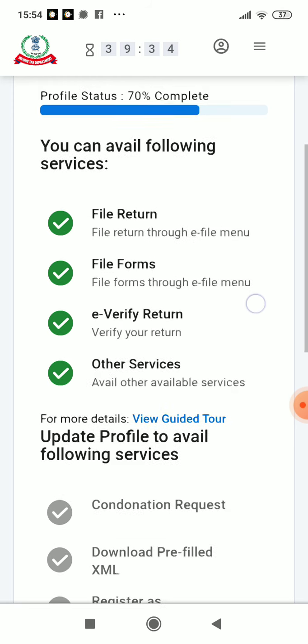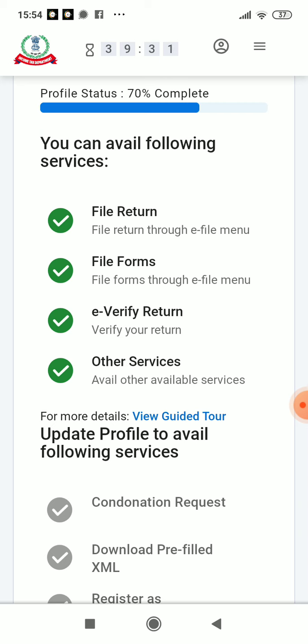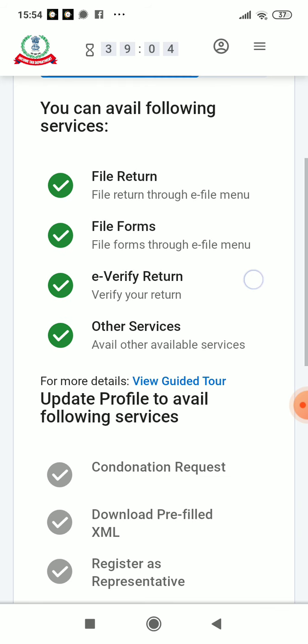Only you have to fill in your salary, per annum salary. If you have any income from other sources, you have to fill it up. And if you are paying for LIC under 80C, you have to fill the amount. If you fill in the correct amount, your correct salary per annum, your correct take home per annum, your correct LIC amount, everything, this new portal will calculate automatically. It's very easy. You need not feed one by one.